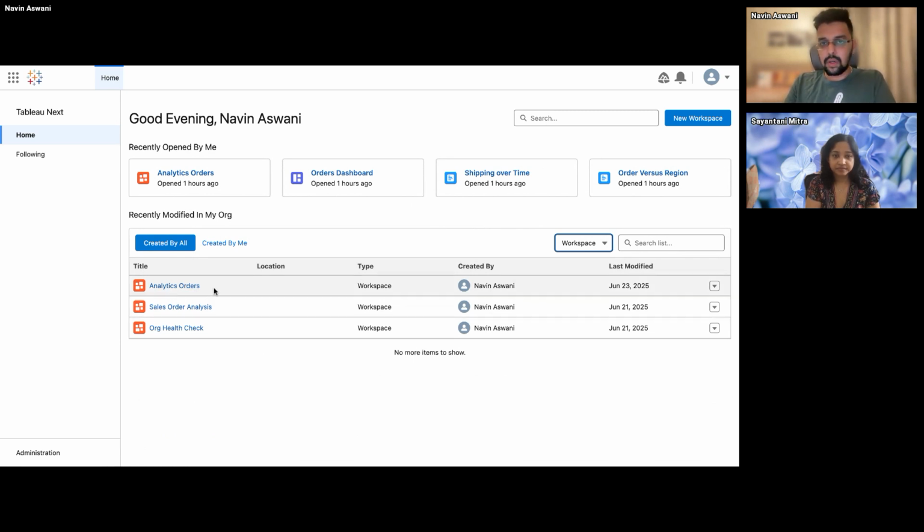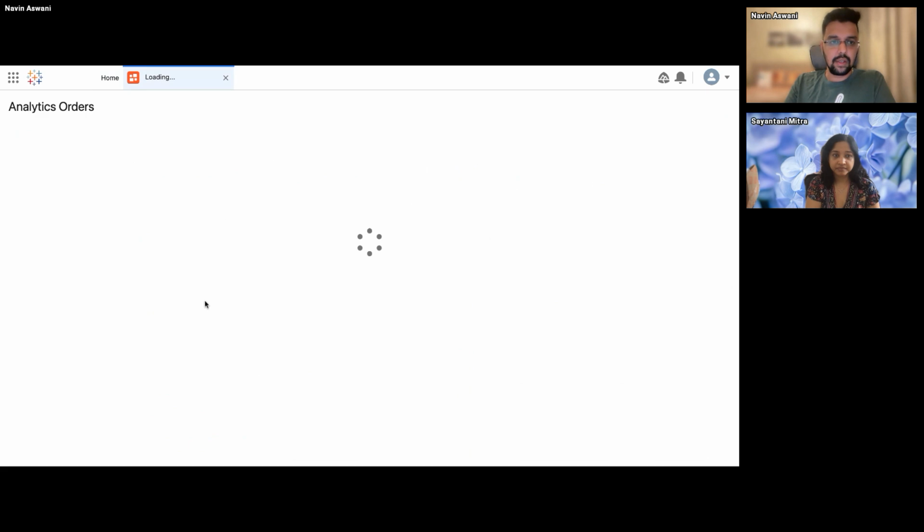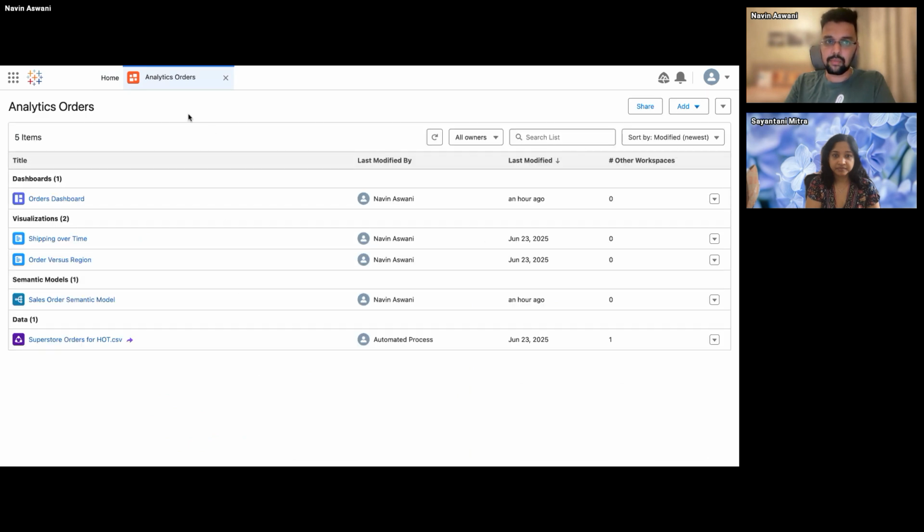So as part of the demo, I have already created this analytics order workspace, and inside this it will give you more understanding of how many dashboards are there inside this particular workspace. Same goes with how many visualizations are there. You can open it individually. Now this is where your starting point is.